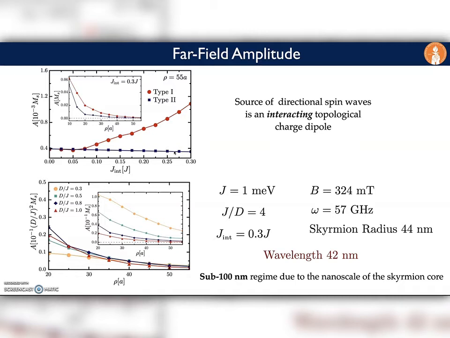In addition, the amplitude can be enhanced by tuning the ratio of the Dzyaloshinskii-Moriya interaction over the exchange interaction. So we observe that the amplitude is increased when D over J is decreased. For typical units, the emitted spin waves have short wavelengths in the sub-100 nanometer regime due to the nanoscale of